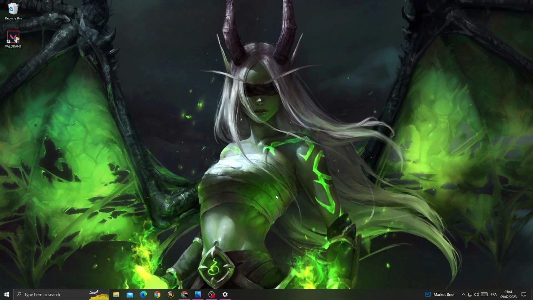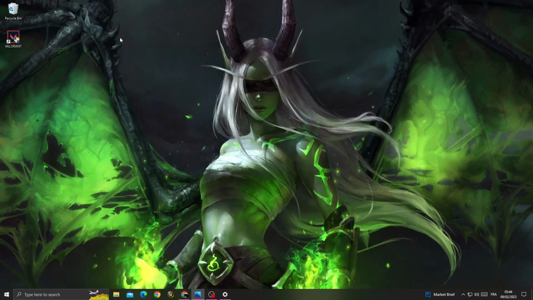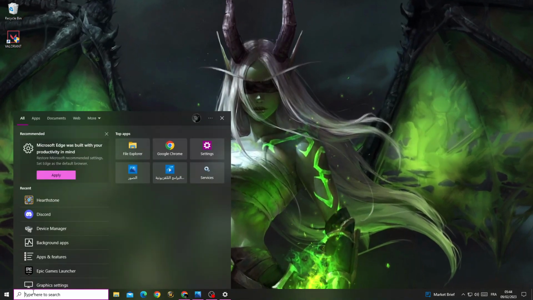How to fix Valorant connection error code 81. And if you want to fix it, it's easy. First all you need to do, just type here